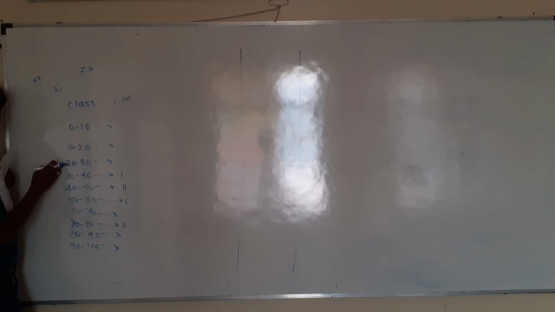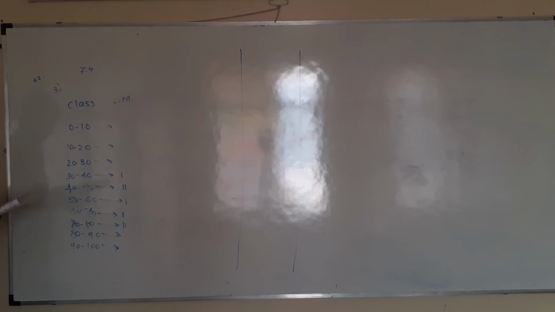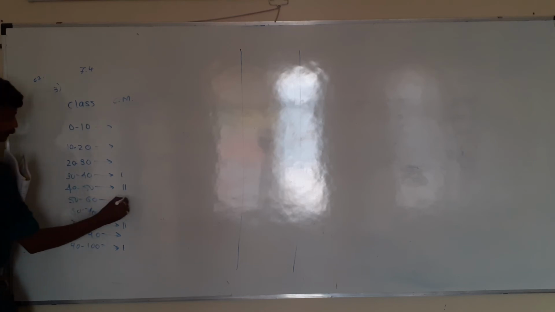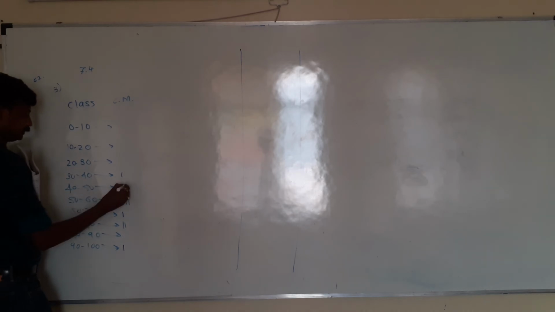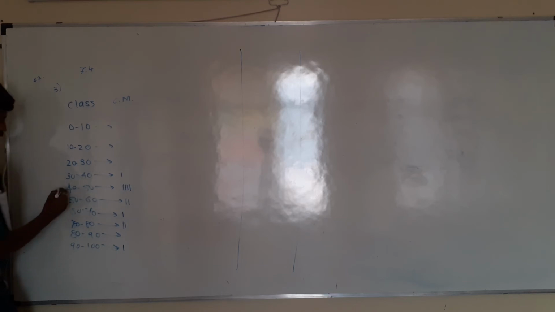Cumulative frequency more than 20 or equal to 20, so equal to 20 also in this class. So if 60 comes, 60 should be considered in the 60 to 70 class, more than or equal to. The class mark 60 will come in the 60 to 70 range. 95 in the last class. 58, 50 to 60 range. 40, more than or equal to, so it will come in the 40 to 50 range. 45 in the same class, 49 again in the same class. One bunch is complete, so cross the line.